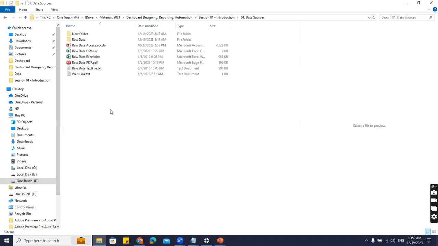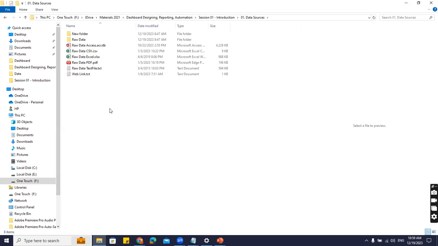Now, what we'll do is we'll go to this data source. People have already undergone this Power BI session, so this is already done, but there are some people who have directly joined the dashboard designing. So I'll just briefly show them how you can import the data. It's the same thing I've done in Power BI, but I'll show you how we can import the data to Excel and Power BI,